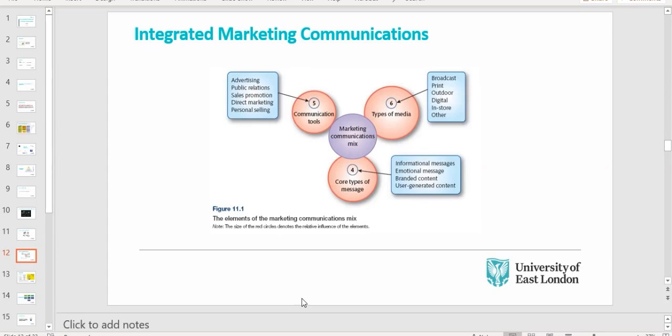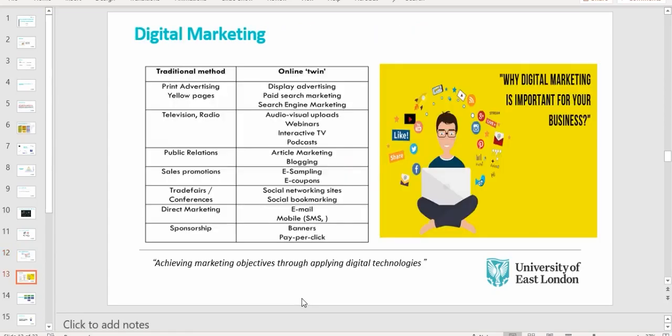So you can do a number of those things through those media, and essentially what is the message that you're giving, which goes back to your positioning strategy. What do I stand for? And am I giving the right message based on what I want the consumers to know me for, right? So this is integrated marketing communication, and this is the principle of any marketing activity.